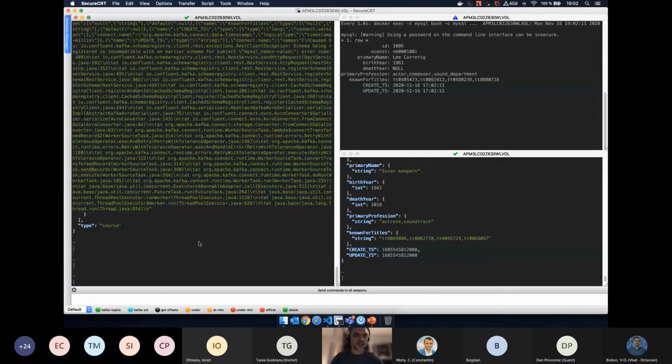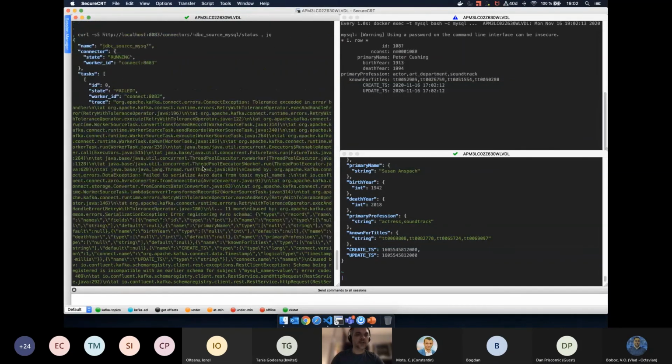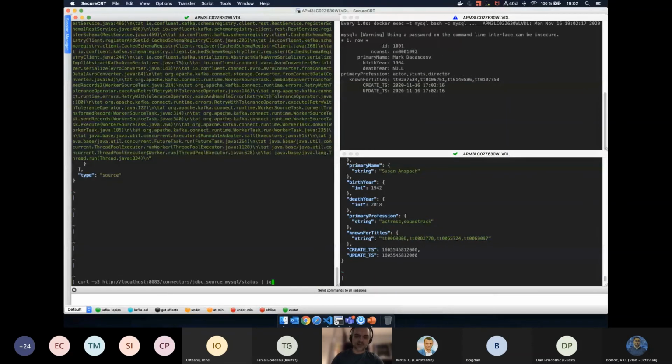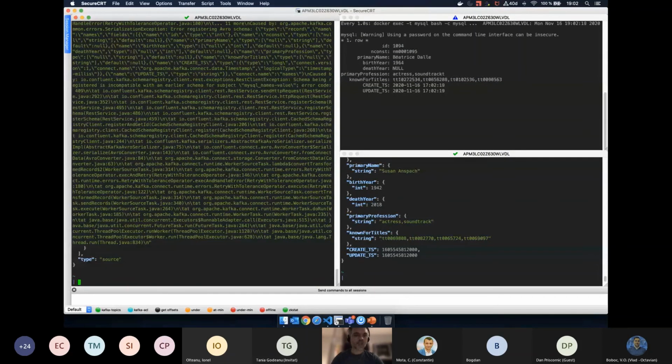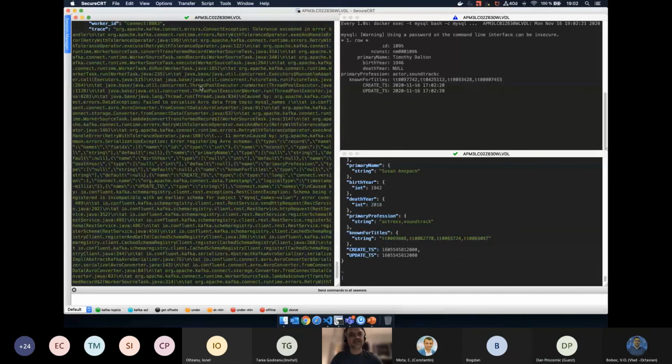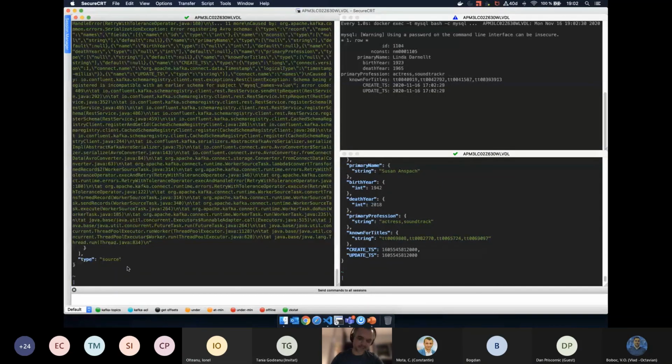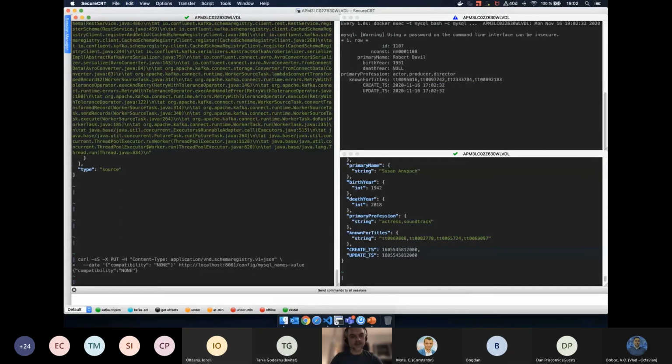And also, if we look again at the status, we can see that the connector, not the connector, our task is in failed state, and it is not restarted by Kafka Connect, because this is a special event, let's say.